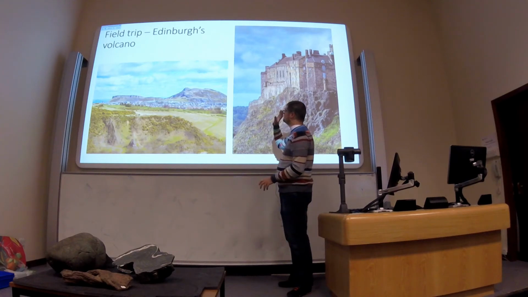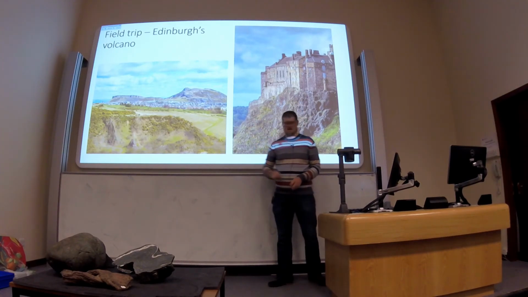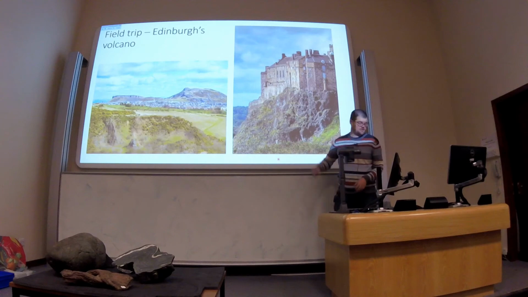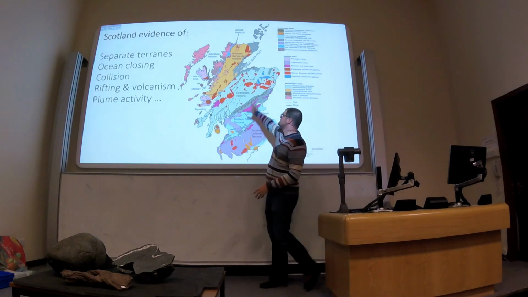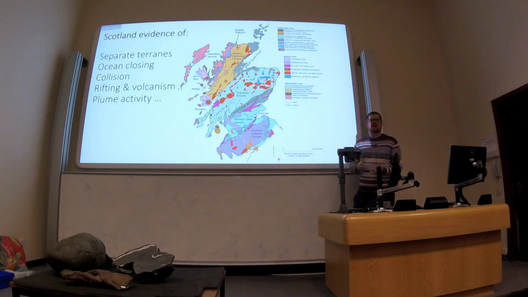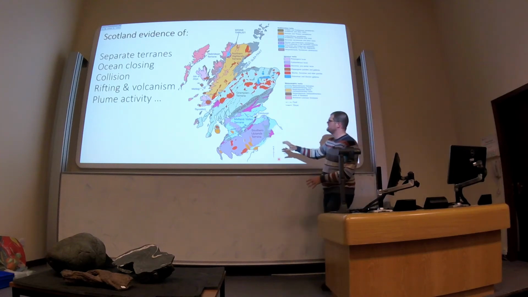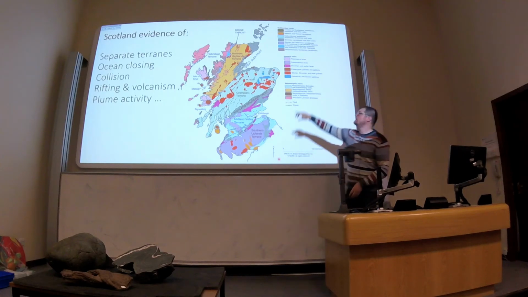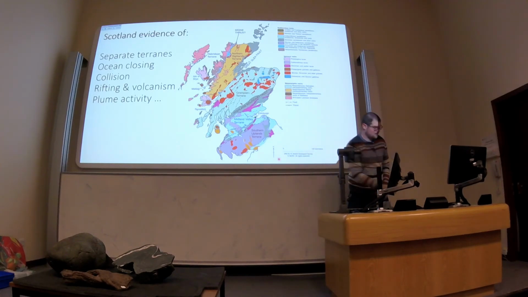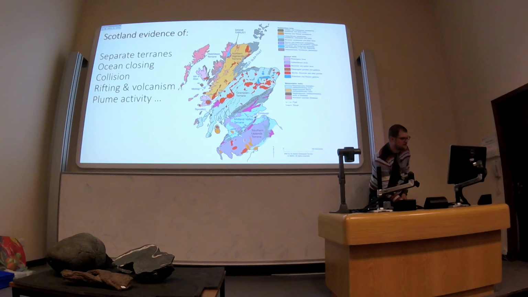So what we're going to do, I'll show you a little map. So basically, this is Scotland, and you might be able to make out from an overall view that the geology of Scotland is made up of a series of stripes. At the top we've got a pink stripe that comes down here, then a pink and brown stripe, a blue stripe, a yellow stripe, and a red and, I guess, teal,